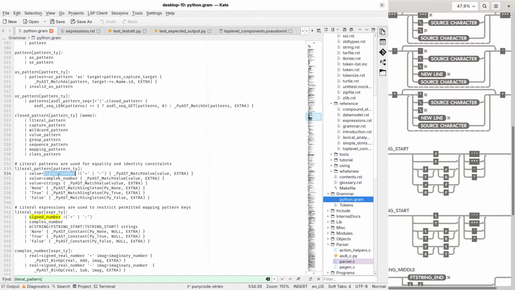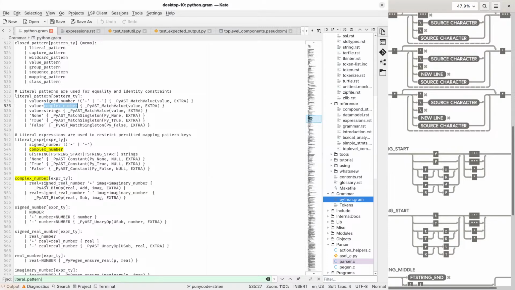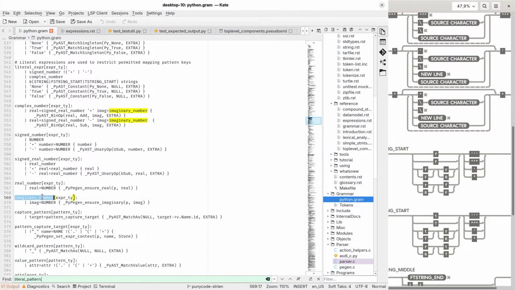It says, where is it? Complex number: signed real number plus imaginary number, or signed real number minus imaginary number, and the imaginary number is just a number. But then, once it's parsed, this function called pegen ensure imaginary is called, and wherever that's defined,